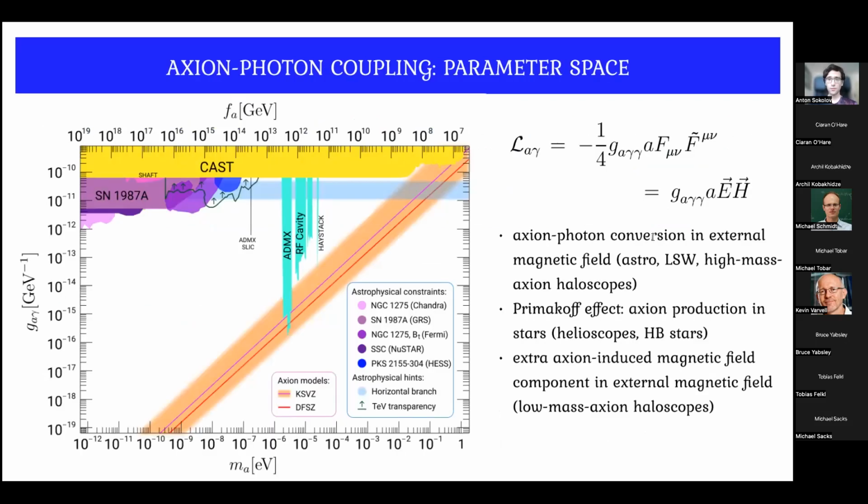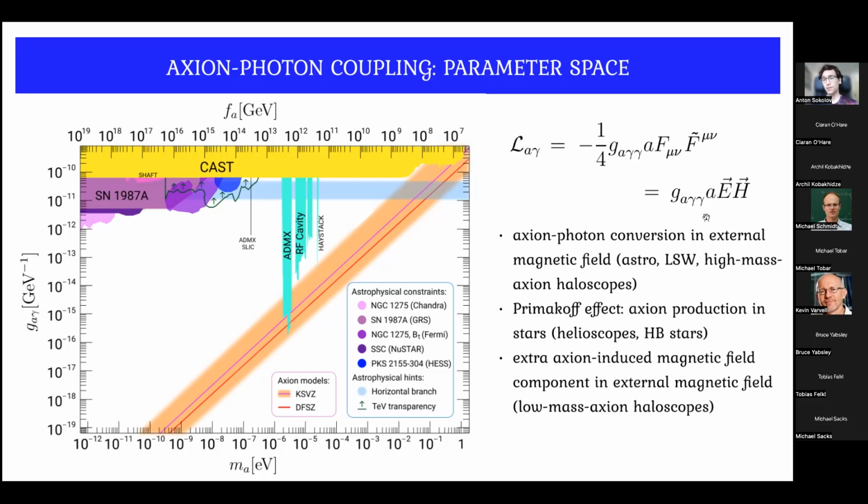Okay, but first let me start with the conventional axion-photon Lagrangian. So again, here with the normal g gamma gamma coupling, and discuss that actually this coupling is very well constrained by many different experiments and astrophysical observations. The reason is that this one coupling actually governs a lot of different processes like axion-photon conversion in external magnetic fields, the Primakoff effect, which